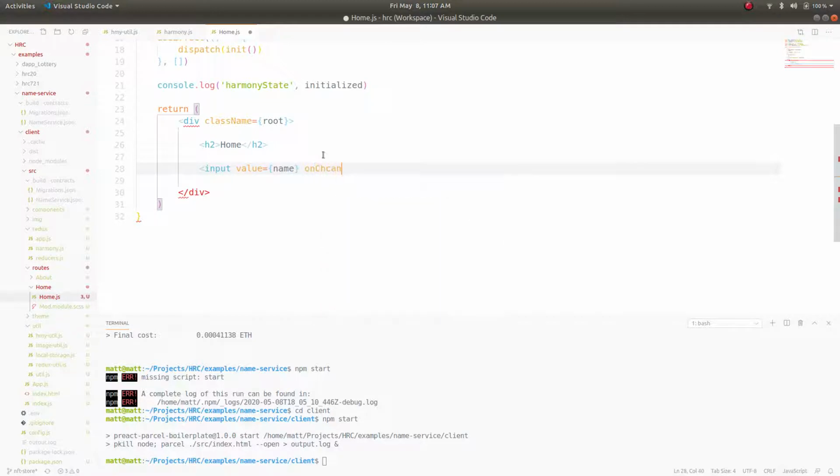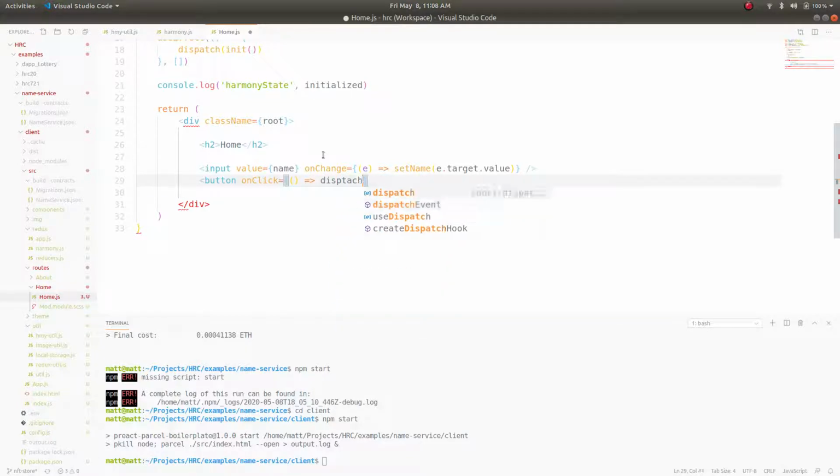On change is going to be set name, e.target.value, and then we're going to have a button. On click equals, I'm making up what I want to do, which is basically I want to dispatch